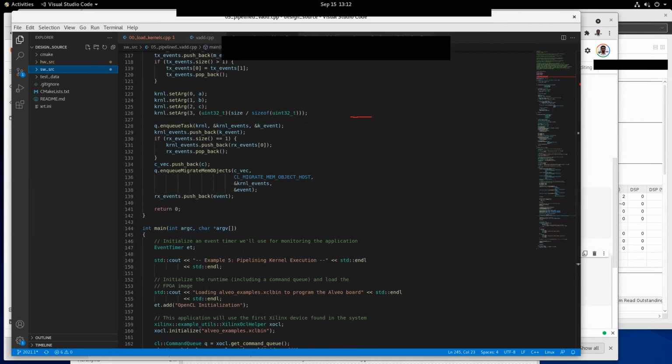So this is the host. From the host, we are transferring data, and here we are doing the computation. Let me use green color for computation. So we are doing computation, and then again we are doing communication.